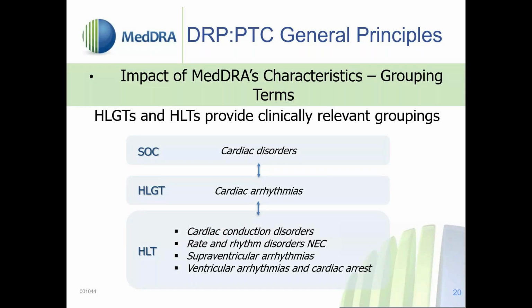When analyzing data, you often get an output by SOC and PT. But if you have a long output, this makes it difficult for you, because if you're looking at the cardiac disorders, you would get a mixture of cardiac arrhythmias, cardiac failures, all